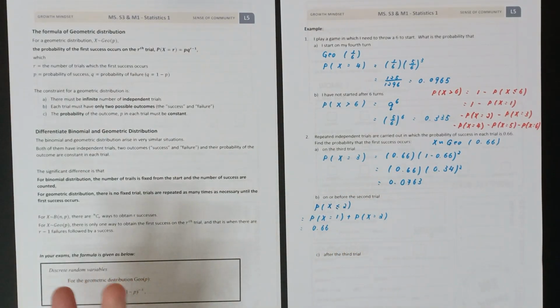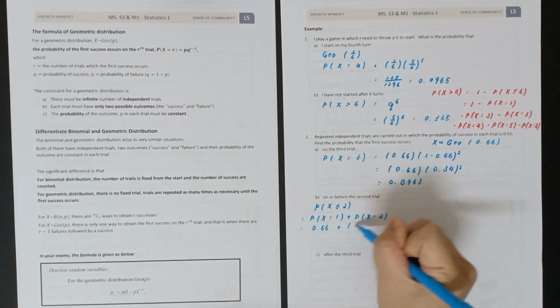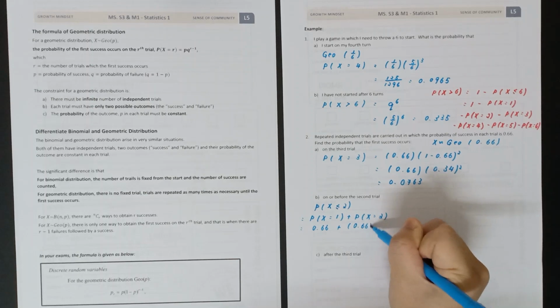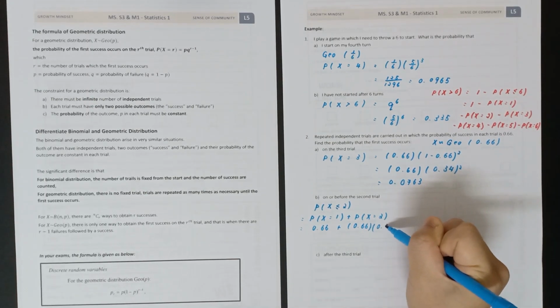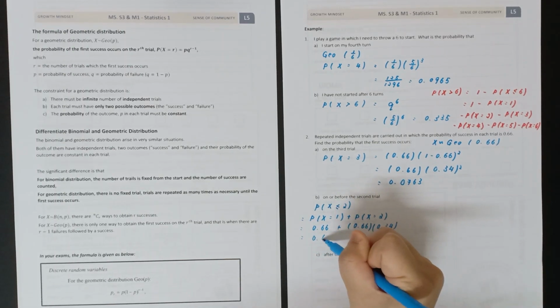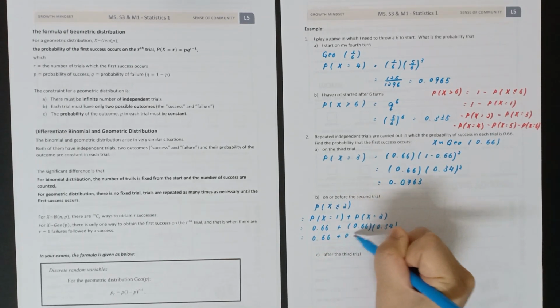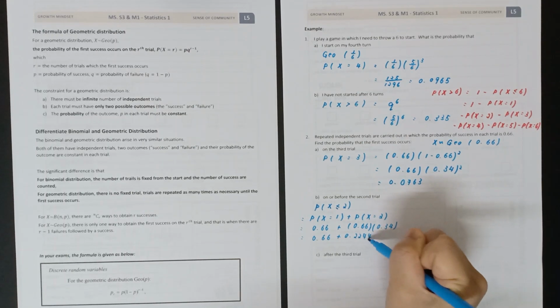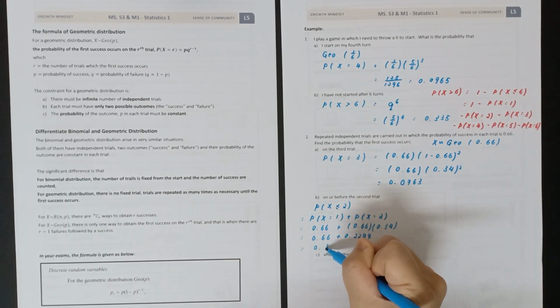First time you get a success, so basically probability of p. Then after that you add 1 failure and 1 success. Then when you use your calculation,